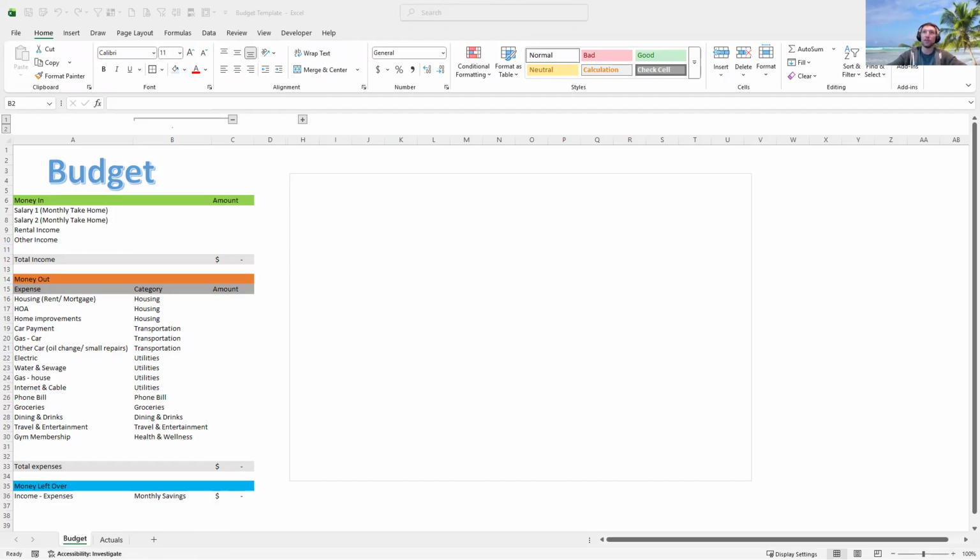Most bills are monthly, so we're going to make this a monthly budget. The first thing that you'll need is your take-home pay. So I'm going to start this example. Say my take home pay per paycheck is, we'll say, $2,500,